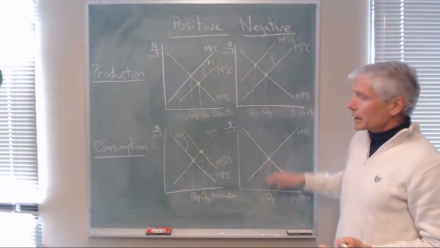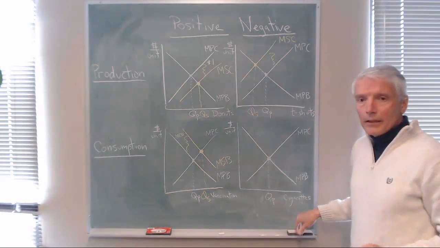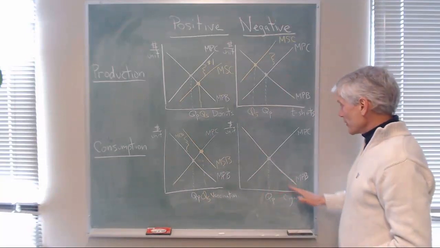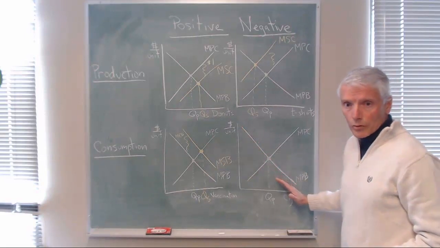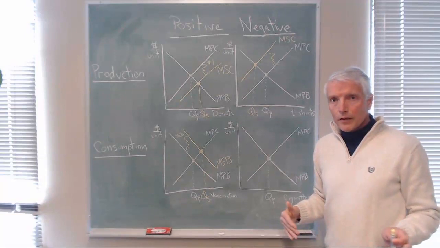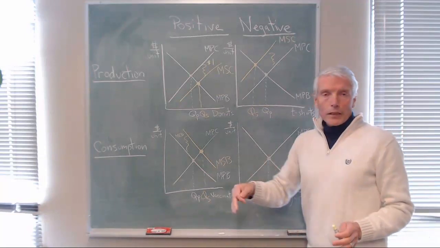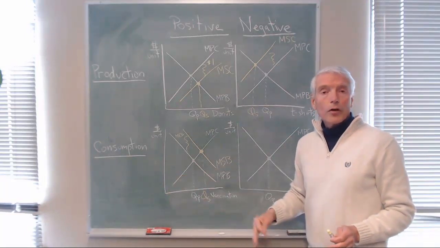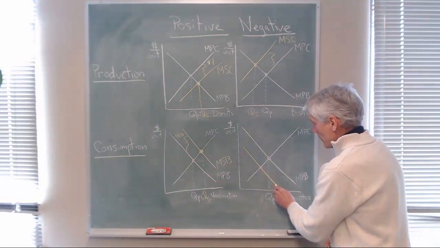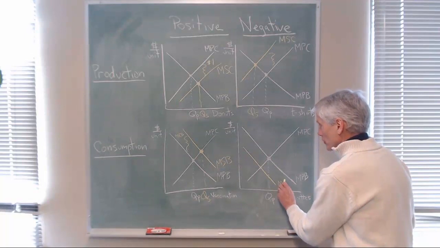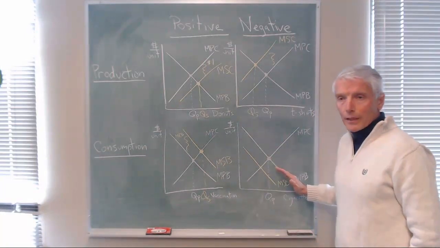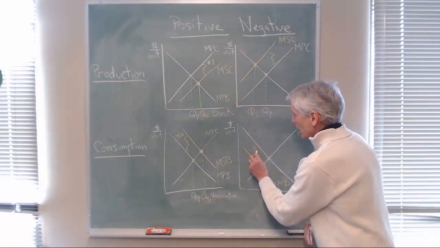Likewise, we can have a negative consumption externality, as with cigarettes. When people smoke cigarettes, they have their marginal private benefit and their marginal private cost, which determine the privately optimal quantity, but that smoking can bother other people or even sicken other people. And so the marginal social benefit is under the marginal private benefit by the amount of that